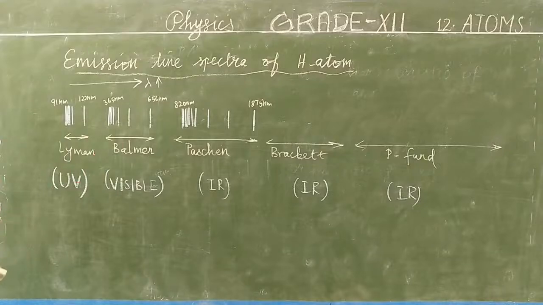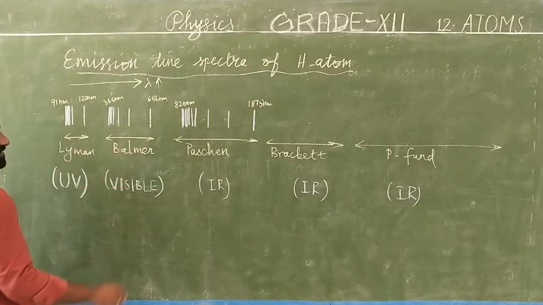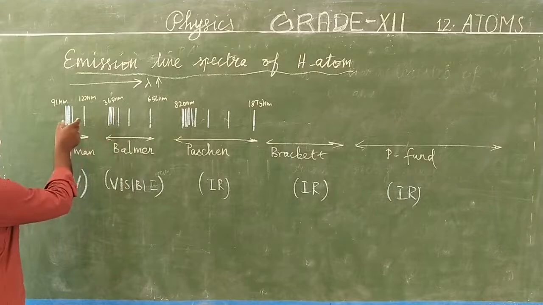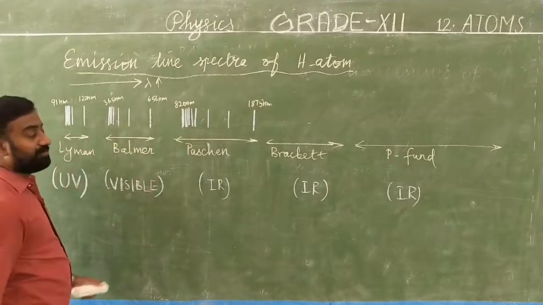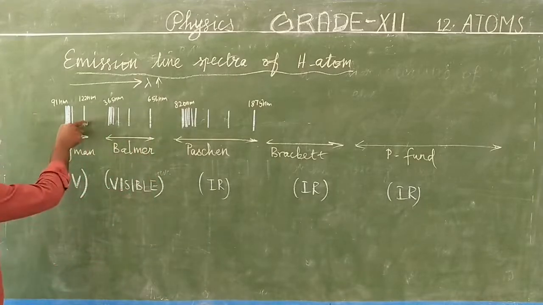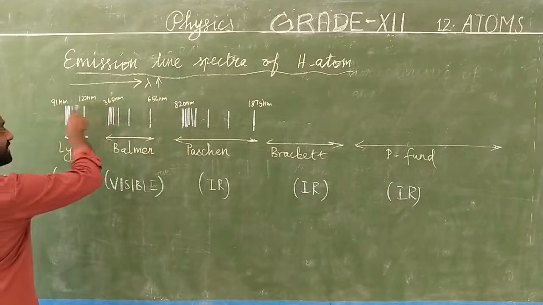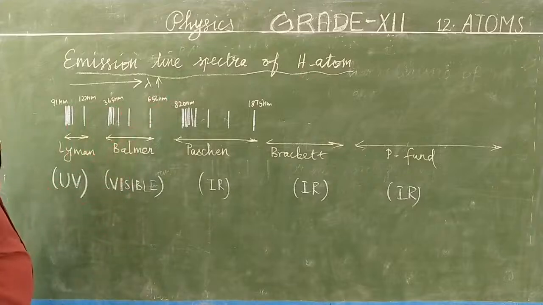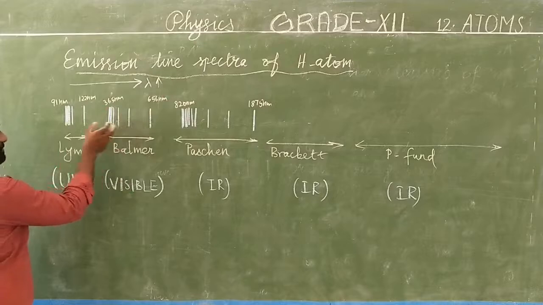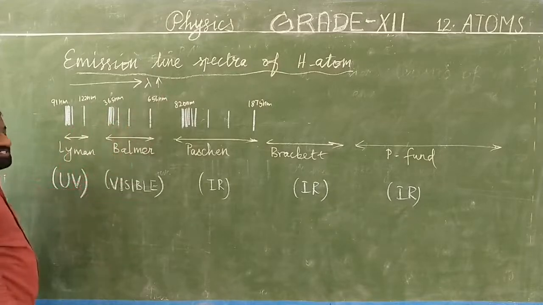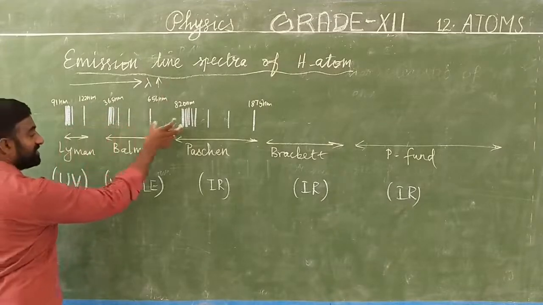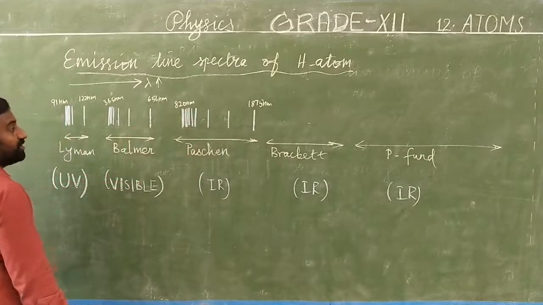Before knowing the spectral series, this is the image of the emission line spectrum of the hydrogen atom. It has a set of series: Lyman, Balmer, Paschen, Brackett, and Pfund. In each set of series, as it goes towards the right-hand side, you can notice that the wavelength is gradually increasing. But no obvious differences are found; all look like the same, with only some changes. Almost all look the same.